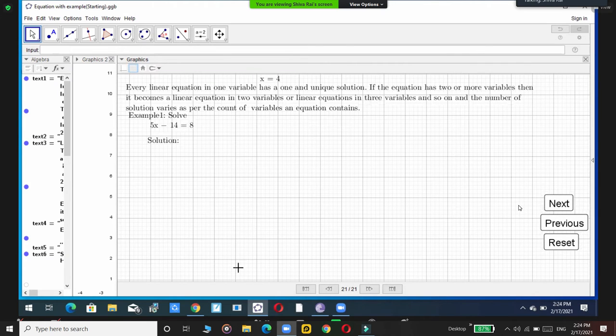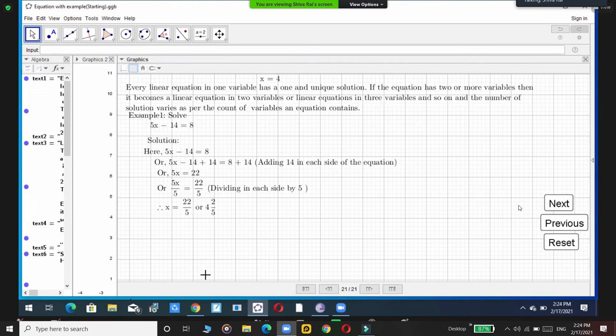Here, on the left hand side, with 5x there is minus 14. How can we cancel it? I will show one method here. There is no restriction on the method. You can apply any method, even one other than this, if you know it. But by this method, here with 5x is minus 14, and I can cancel minus 14. To cancel minus 14, we need plus 14 here. If we are making it plus 14, this side also you have to make plus 14.